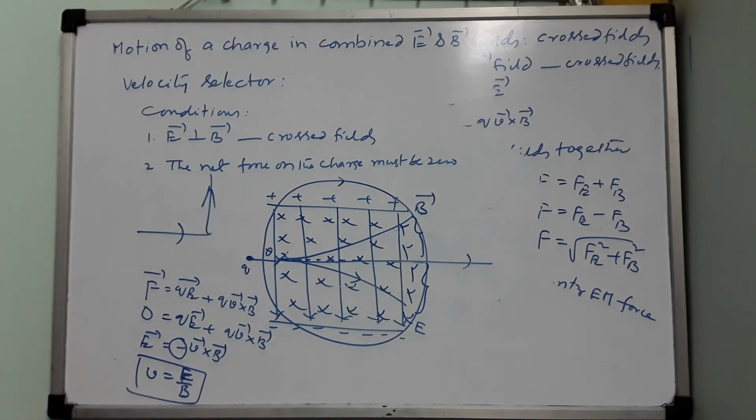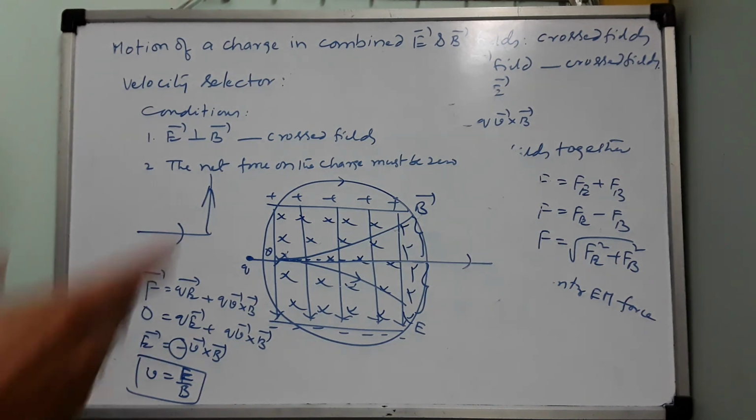Electric field is measured in Newton per Coulomb. Magnetic field is measured in Tesla. Newton per Coulomb divided by Tesla is nothing but meter per second. Very surprising. You know velocity is displacement by time. Rate of change of displacement is known as velocity. You have given meter per second. But here a new way, Newton per Coulomb divided by Tesla will give rise to what? One more question: meter per second, meter square per second square, or something else?